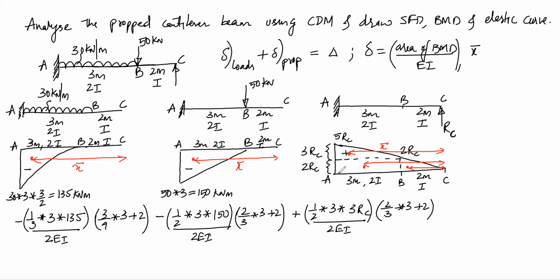Next we will consider the rectangular portion, so this will be plus, area of rectangle is 3 meters into height of the rectangle is 2RC divided by, and it lies in 2EI region, so divided by 2EI, and the centroidal distance will be half of 3 meters plus 2, so this will be half of 3 plus 2,